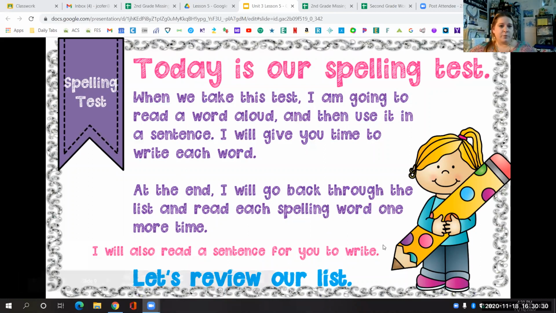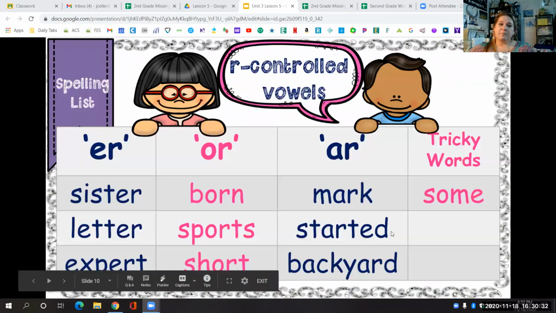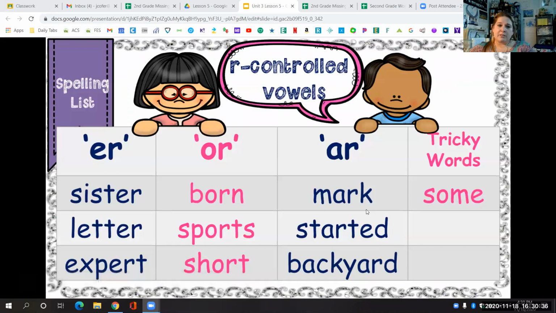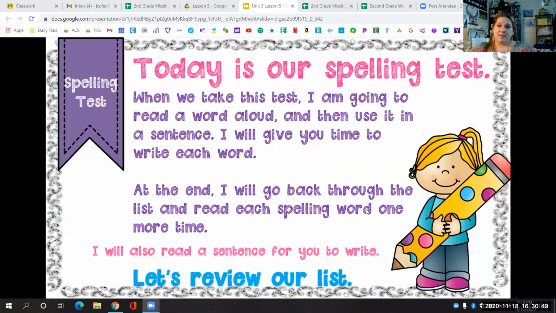All right, before we start, let's review the words. We have sister, letter, expert, born, sports, short, mark, started, backyard, and the tricky word is some. All right, so here we go. I'm going to unshare my screen so you can see me. All right, number 1 is the word